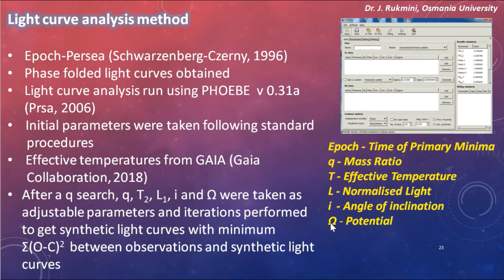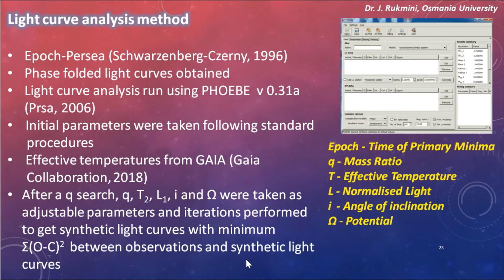So these are taken as input parameters, and iterations are performed using the Wilson-Devinney code till a synthetic light curve is generated, providing minimum error between the synthetic and observed light curve. So sigma O minus C square between the observations and the synthetic light curve typically has to be as minimum as possible, which means the